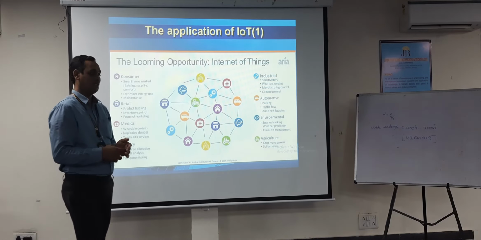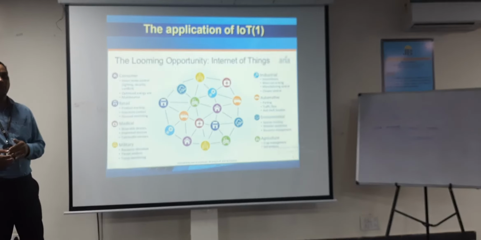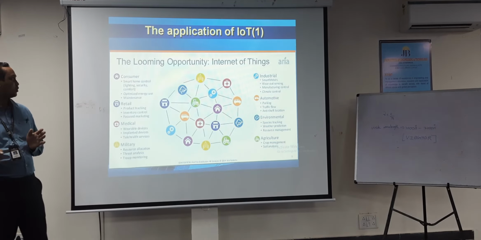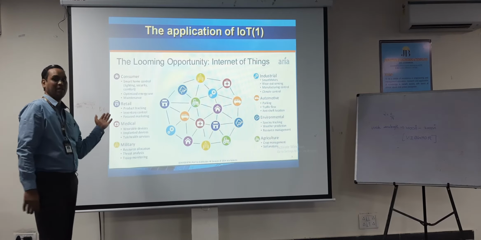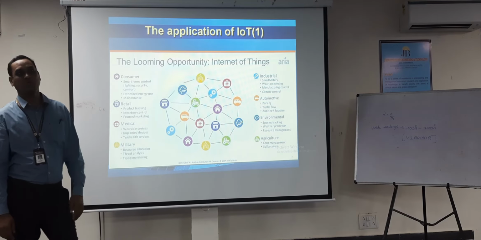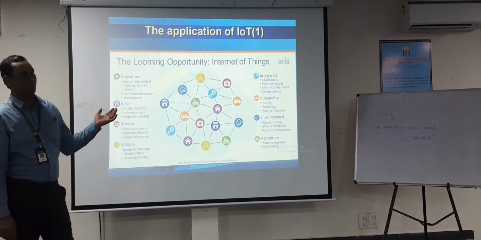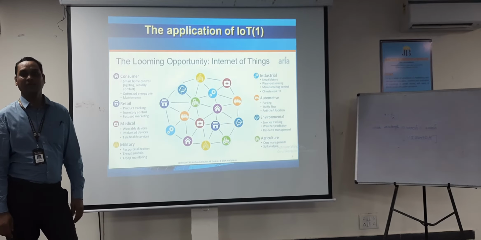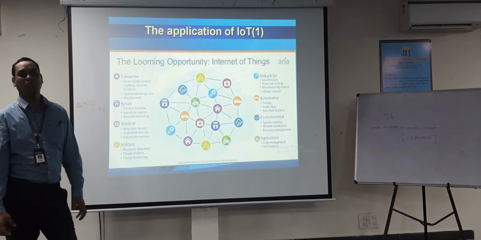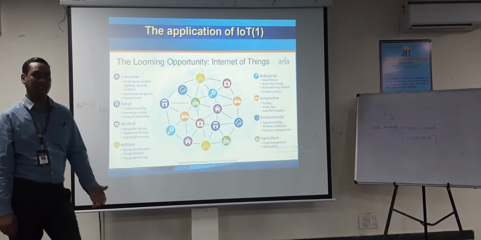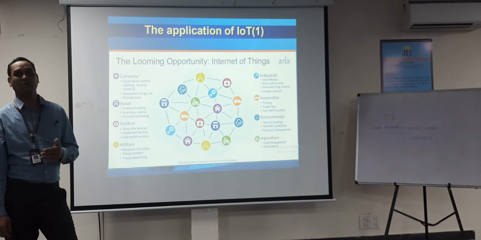Clear? So nowadays, nobody has time for these kinds of things. Clear? By the time I go home, everything should be cooled. So to do such things, what we have to do? We have to see that this kind of smart things should be implemented in our homes. So this can be applicable with the help of IoT. So how is it going to work? By the time you are going home, the AC is getting switched on, and depending upon the temperature we are going to keep, it is going to cool our room. So what is the advantage here? The advantage is that the temperature is very cool, the first point, and we are going to save time accordingly.